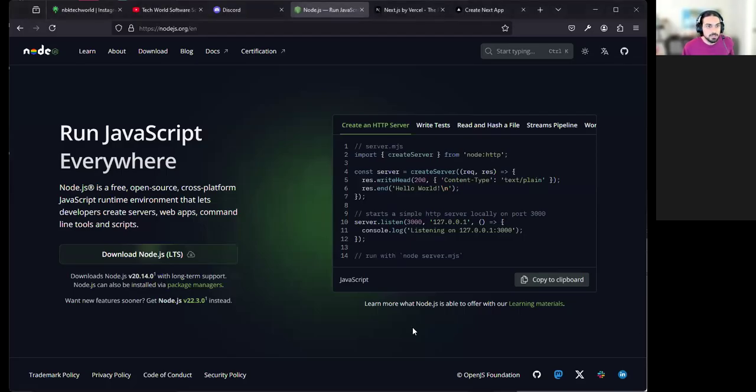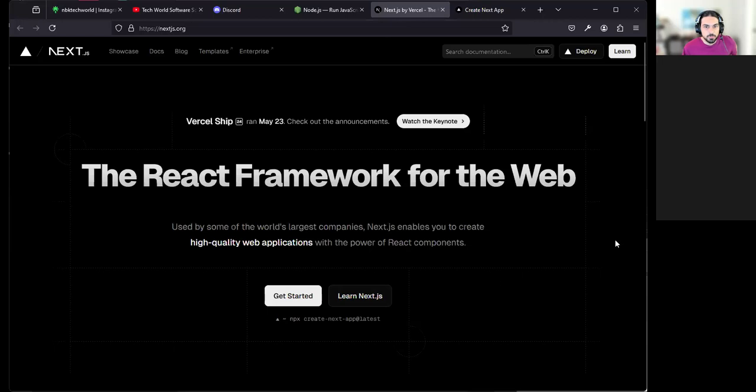Today I'll talk about Next.js, but first you need to install Node.js if you haven't. All right, what is Next.js? It's a framework that allows us to use React, but mostly on the server side. So what happened is